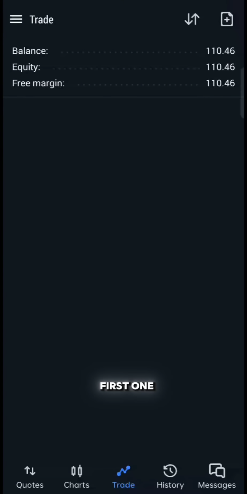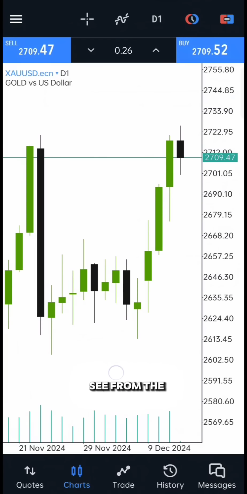So guys, this is my second trade. Following the first one, you can see that this is a gold chart. As you can see from the gold daily chart,